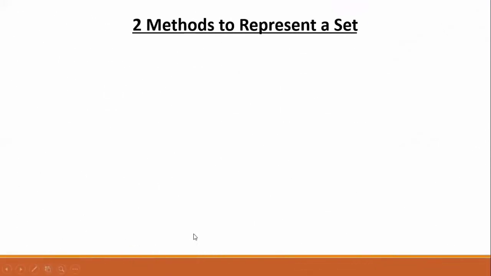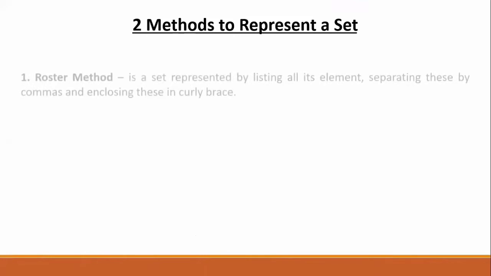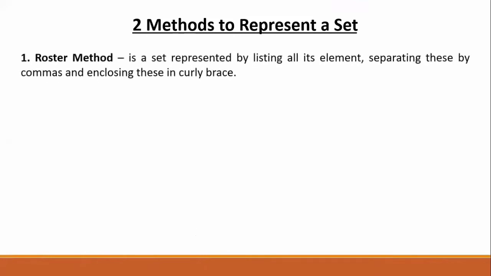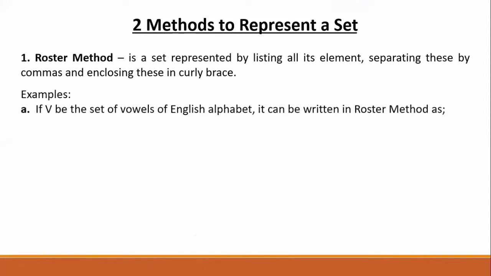There are two methods to represent a set. First, we have the roster method. When we say roster method, it is a set represented by listing all its elements, separating these by commas and enclosing them in curly braces. Let's have an example. If V is the set of vowels of the English alphabet, it can be written in roster method as